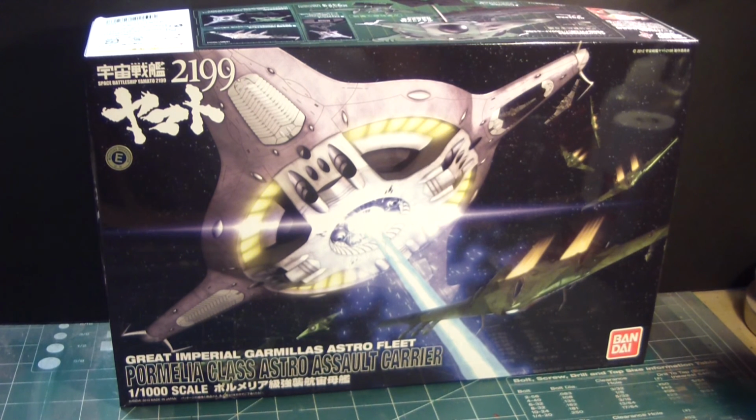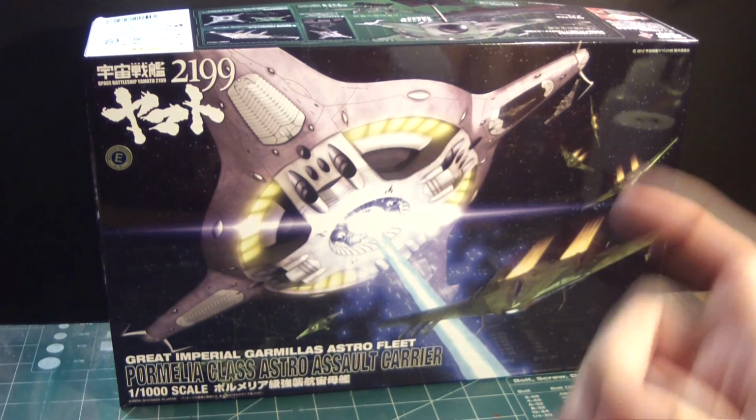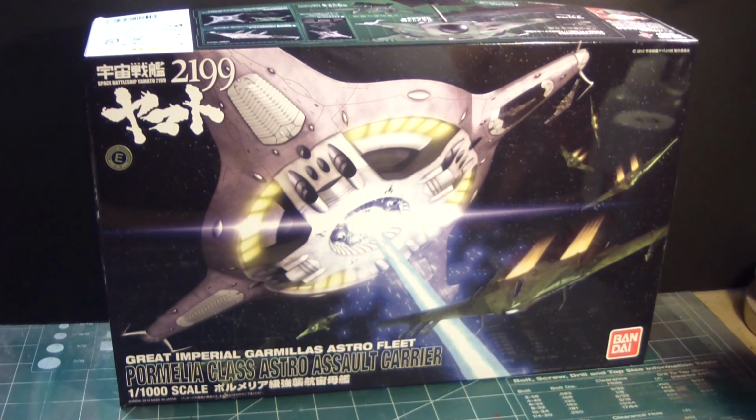And I'm a bit shocked and surprised that they actually made this kit. I'm starting to realize Bandai is planning to make an entire fleet of all the Yamato ships from the series, in a specific scale. It wasn't like in the past where one ship was in one scale and the other one was a little bit too big and a little bit too small, and it didn't feel right. They did make those little 3 to 4 inch kits just to get it out there, which was really cool at the time. But of course,